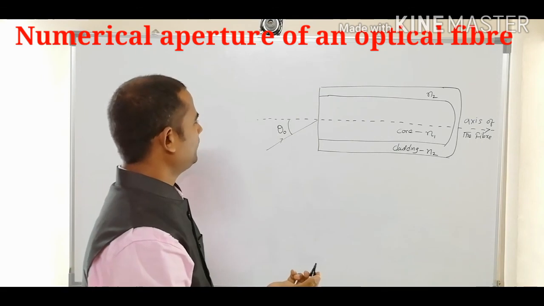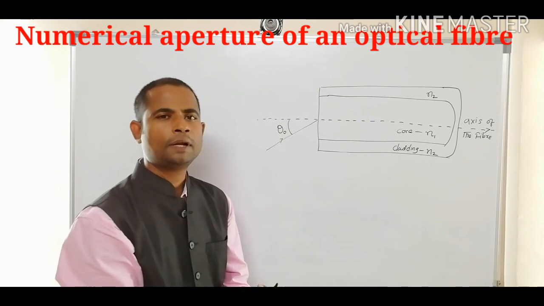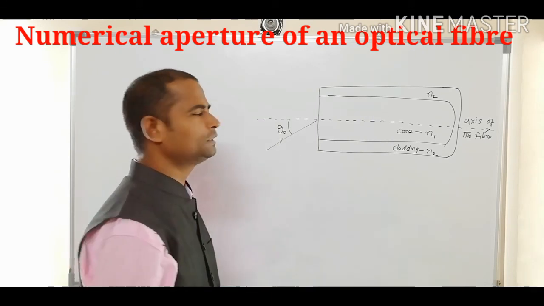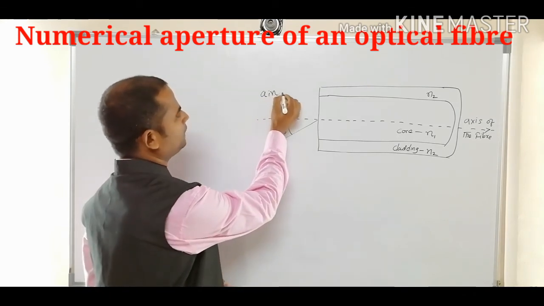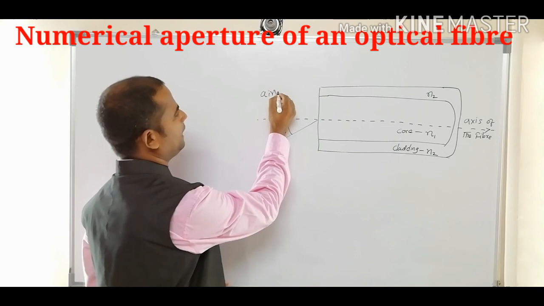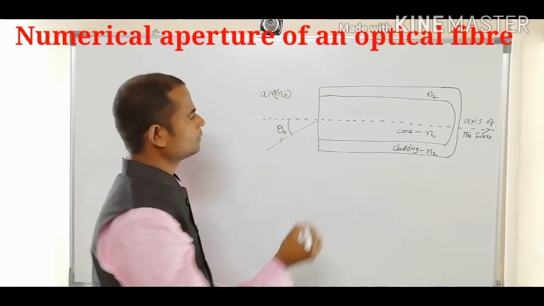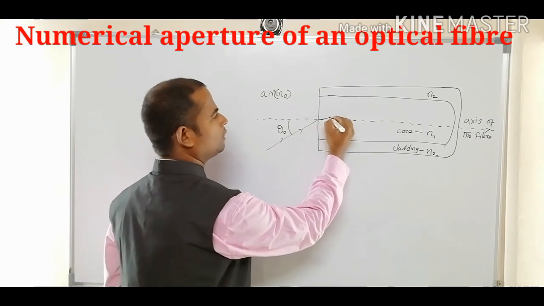If a ray of light is incident from rarer medium to denser medium, the ray would bend towards the normal. And here the medium is air having refractive index n0. This ray will bend towards the normal